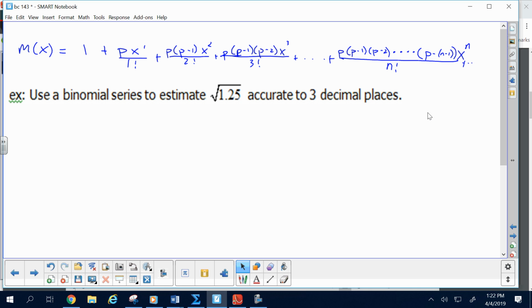So accurate to 3 decimal places is the same as error less than 1/1,000. So if it says accurate to 6 decimal places, then that would be error less than 1/1,000,000. All right, you with me? All right then. Now this is